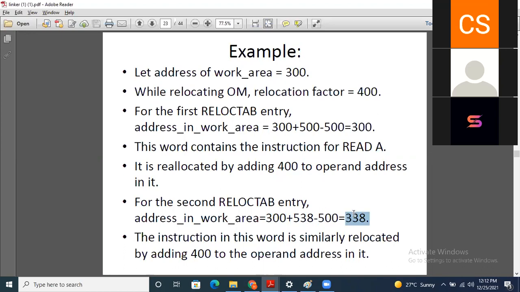The new address generated will be 338. So the instruction in this word is similarly relocated by adding 400 to the operand address. Like that you have to calculate it.